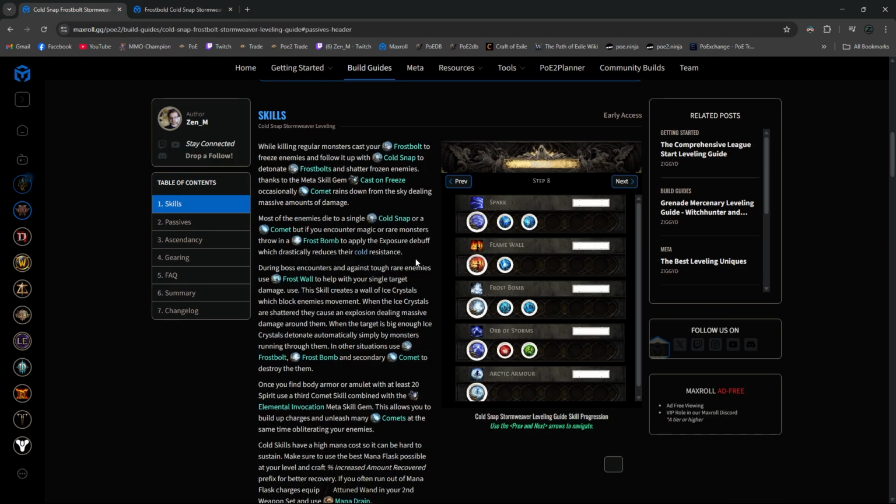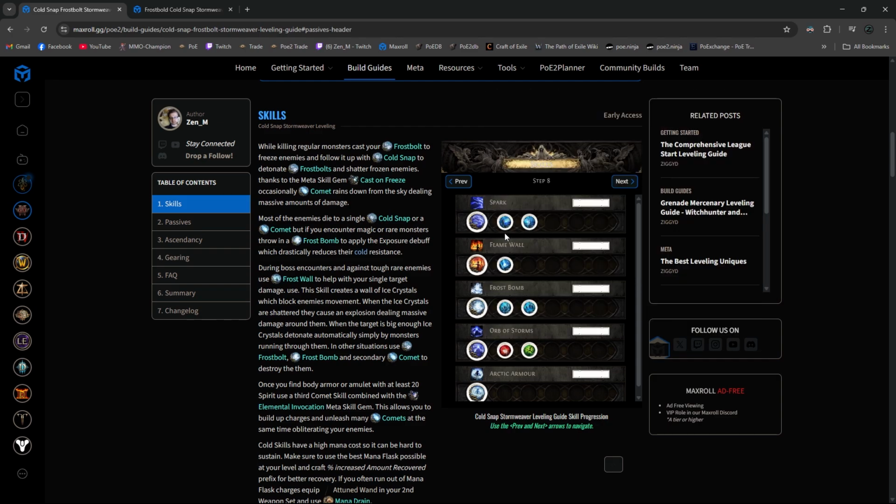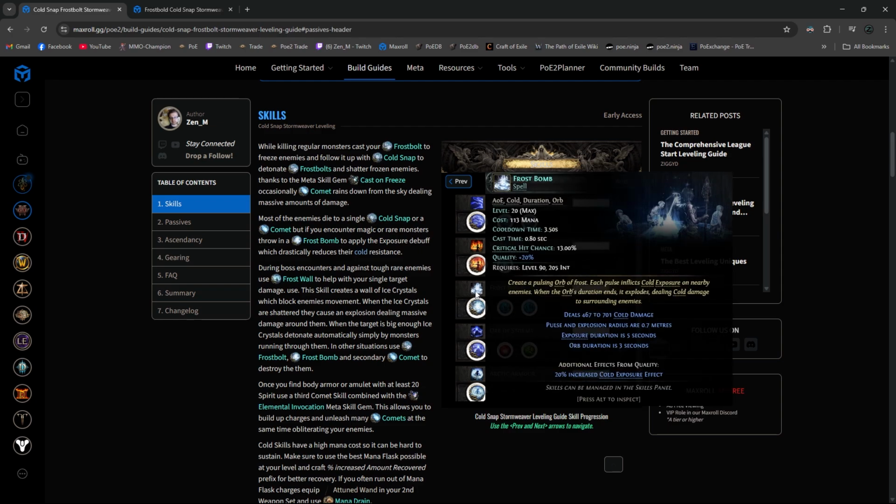So the way you want to play this character in Act 1 is you want to start with Spark, then take Flame Wall and Frost Bomb. And the way you're going to play is you place down the Flame Wall and then you shoot sparks through the Flame Wall, so they're going to be enhanced by the fire and Spark is going to deal more damage. And then Frost Bomb you just use on cooldown just to do a little bit of extra damage and also